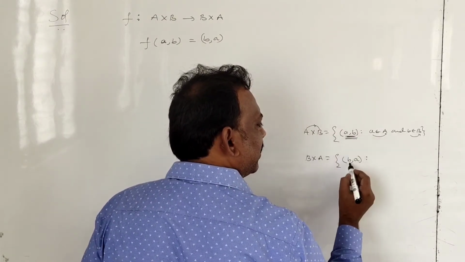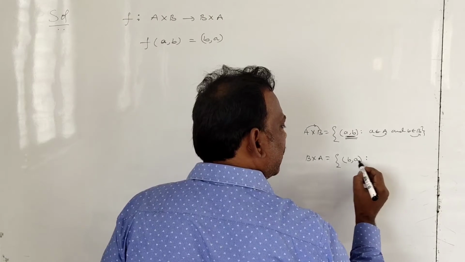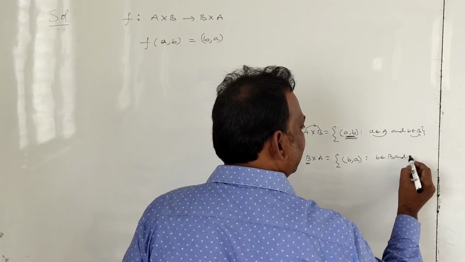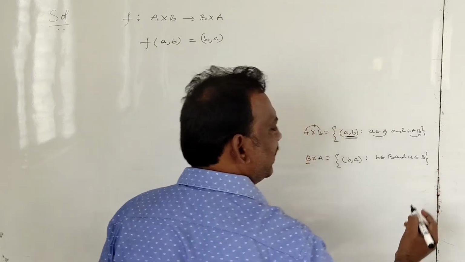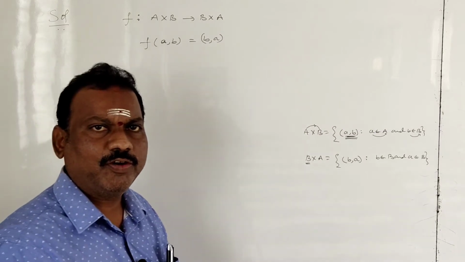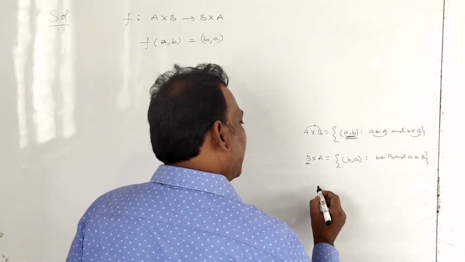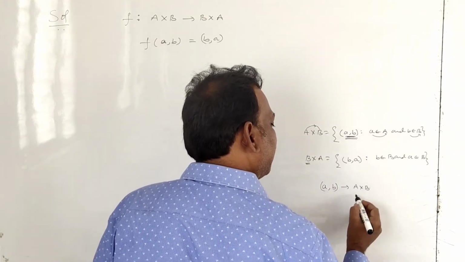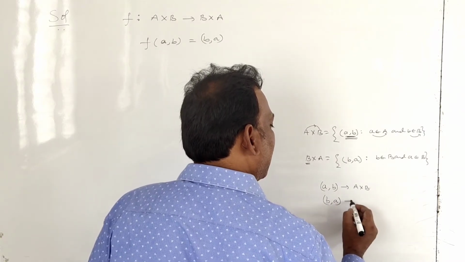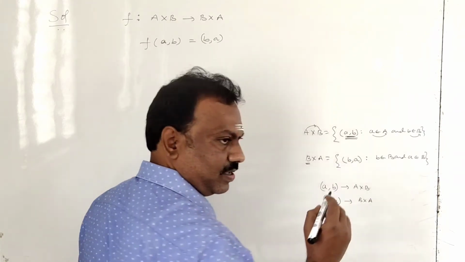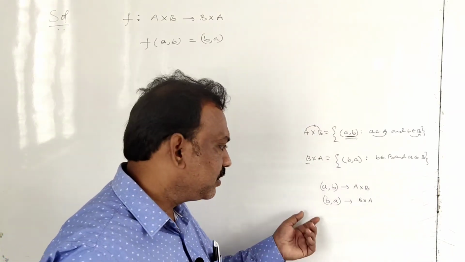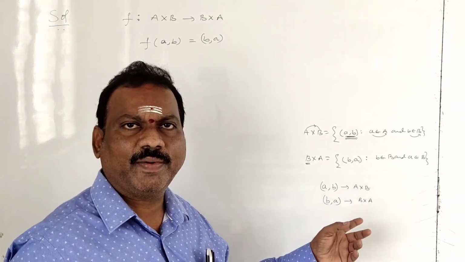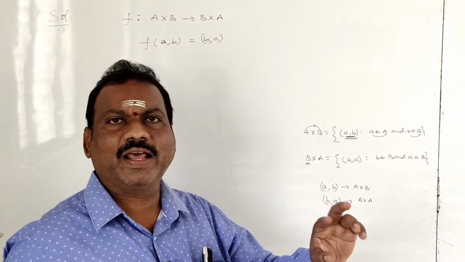This is ordered pair AB. This must be BA. If it is BA, the first coordinate belongs to the first set and the second coordinate belongs to the second set. What is the second set here? B. That is the meaning. So before going to the problem, you have to remember that if any ordered pair AB is in A cross B, there must be an ordered pair BA in B cross A. Clear, students? If one ordered pair is present in B cross A, it must be in A cross B. But their format is different.